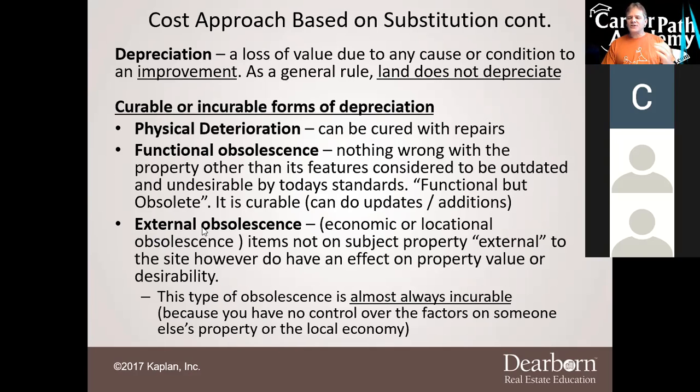Now, external obsolescence, if it's external to the property, what does that mean? It's not on the property. We're not talking about something outside the house. We're talking about outside the property, okay? So something not on the subject property that makes it obsolete. External obsolescence also goes by the names economic or locational obsolescence. So items not on the subject property, external to the site, that have effect on the property's value